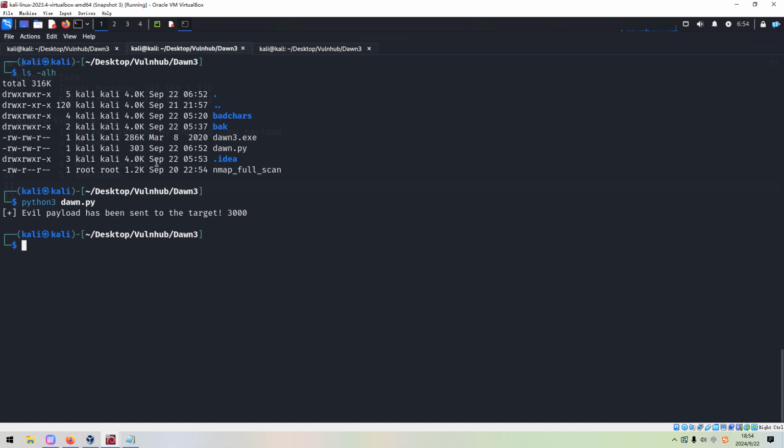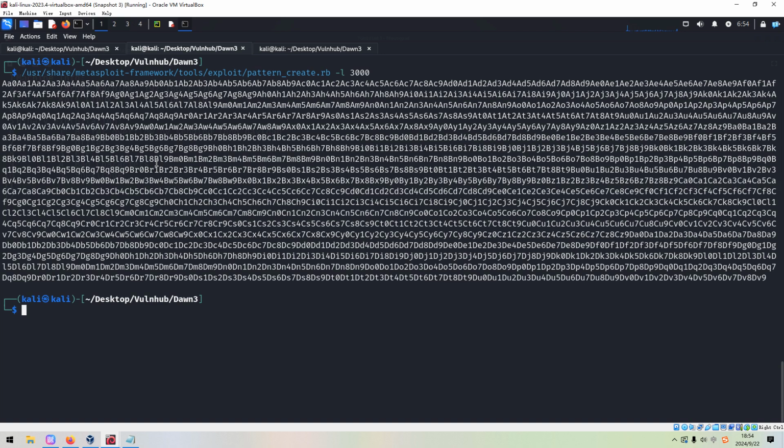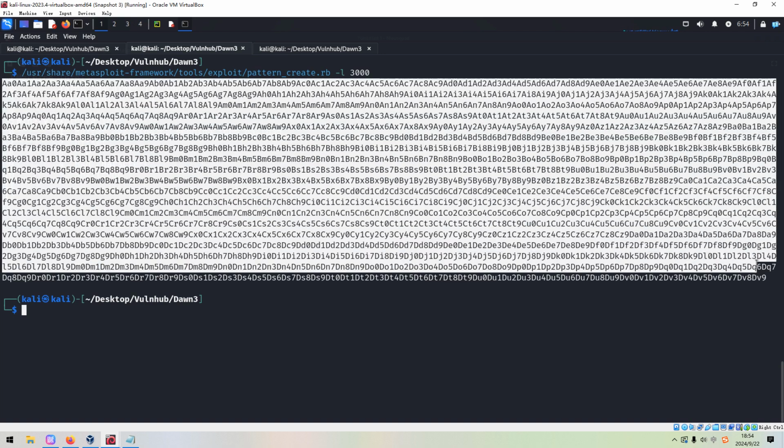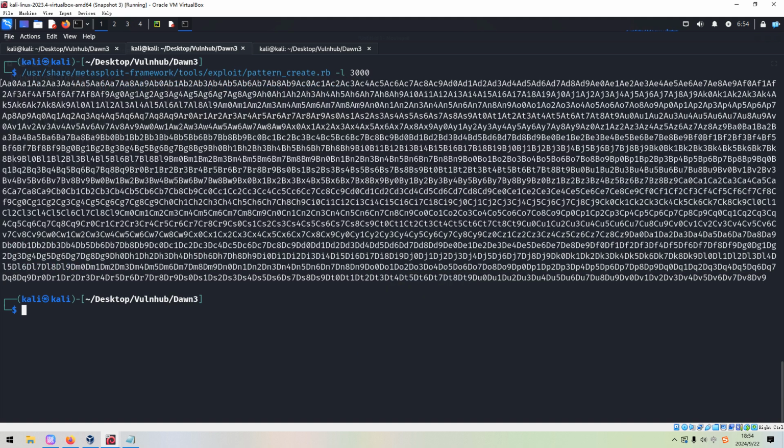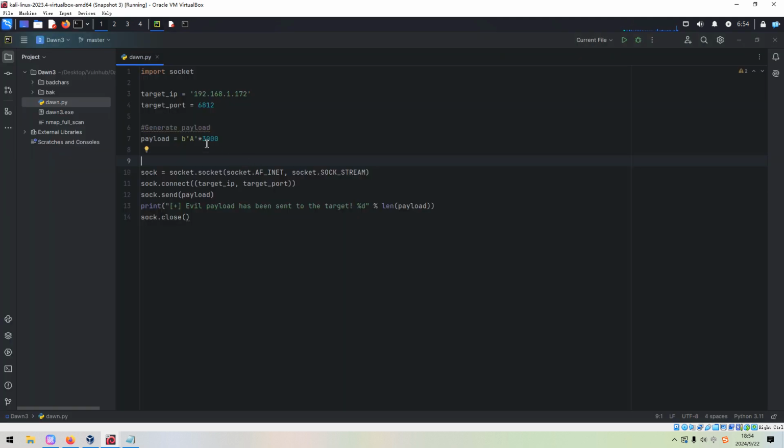We can utilize the Metasploit utility. We can use the Metasploit tools exploit pattern create, and we want to create a payload whose length is 3000 bytes. We can press enter, and now we can copy this payload, and we need to modify the script.